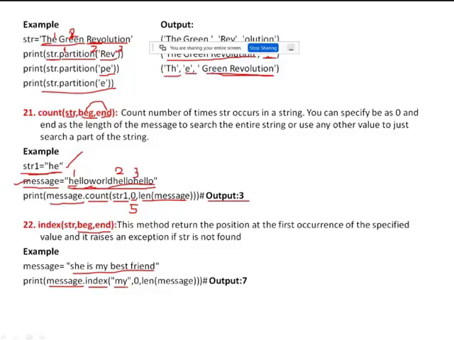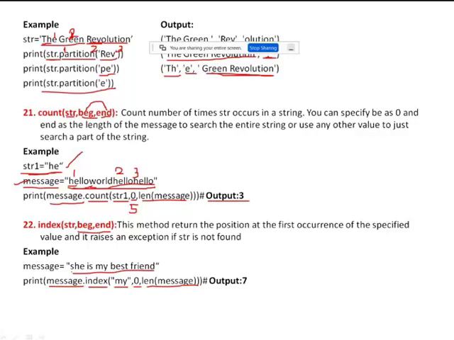So this index will return the first occurrence of this value my, right? What is the starting index value here? 0, and the ending index value is the length of the message, that means the entire string. Without 0 and length of the message also we can write the same statement. Then also it will search from the beginning to the end. So what is the starting index value of the given substring my?